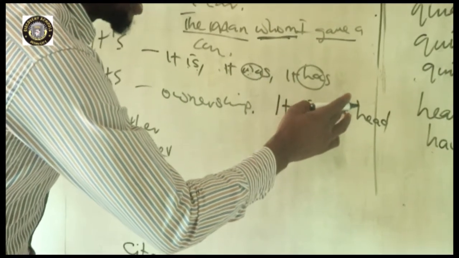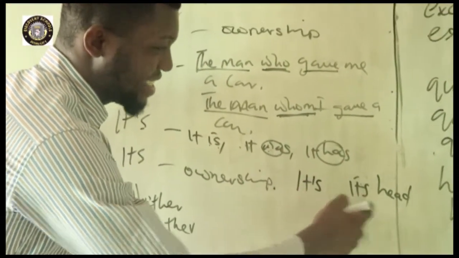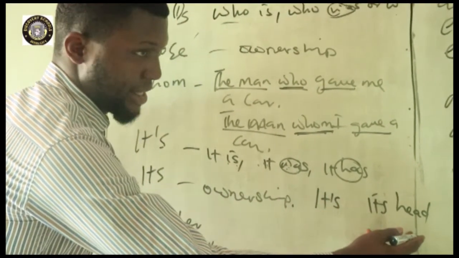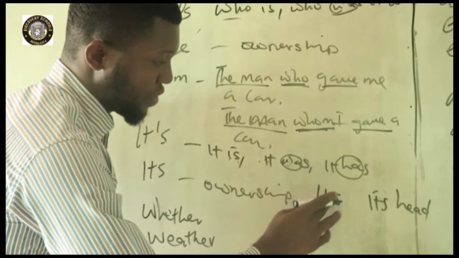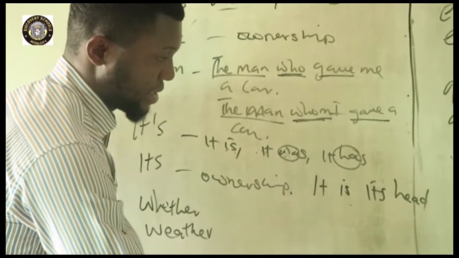Is that okay? Good. But from the beginning you can say it's its head. In other words, it is its head. When you put an apostrophe, it means it is, or it was, or it has, depending on the